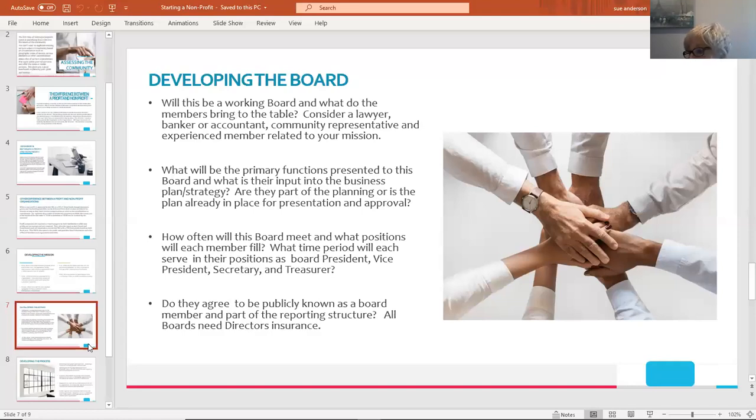I think that it's important when you're looking at your board that you understand that their time is of value. So you don't want to have board meetings that are not of purpose. By purpose, I mean that there should be an agenda given. There should be meetings that are held not frequently, but so that the time the board gets together is of purpose, and they actually complete duties. They make an impact. They make decisions. They decide where the organization is going. There's some value to the board meetings themselves. So an agenda is really important.